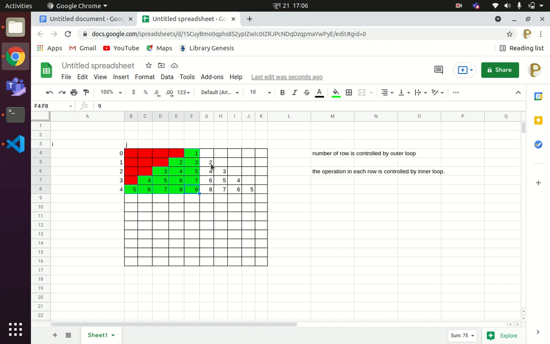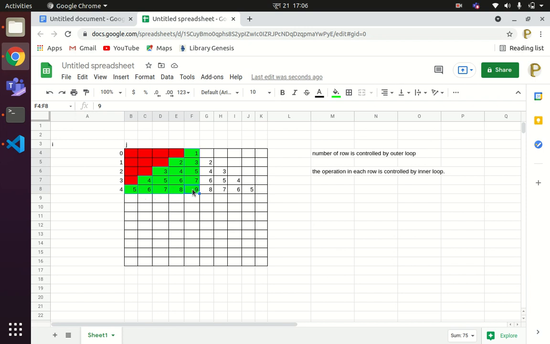You can see when the value of row is 0, the number to be printed is 1. When the value of row is 1, the numbers to be printed are 2 and 3. When the row is 2, the numbers are 3, 4, 5. When the row is 3, the numbers are 4, 5, 6, 7. When the row is 4, the numbers are 5, 6, 7, 8 and 9.